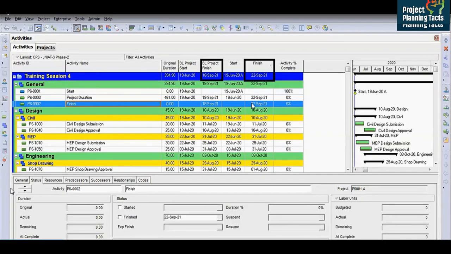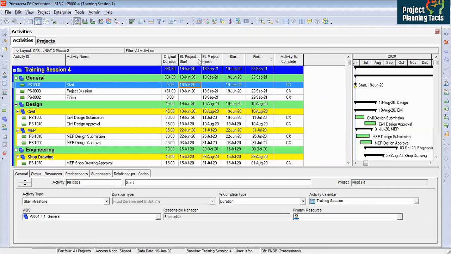If you notice here, the baseline project finish is 18 September 21 and the finish date is 21st September 21. There is a 3-day difference between these two dates. The reason is that in the assigned baseline program there is one activity we set in the last session, the excavation activity, which I set up as a resource dependent activity. I changed it in the current program, but I did not change it in the assigned baseline program, so you don't need to worry about it. That is basically our reference dates to analyze the program, whether we are on track, ahead or behind.